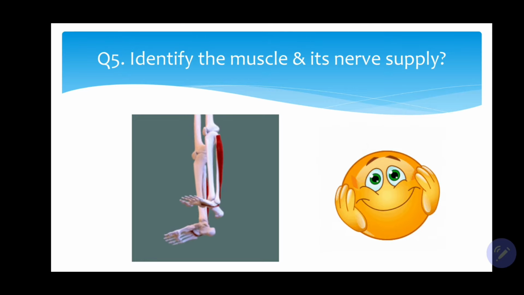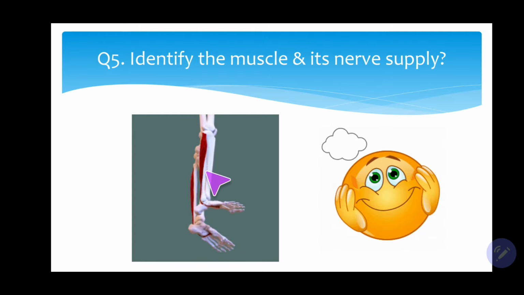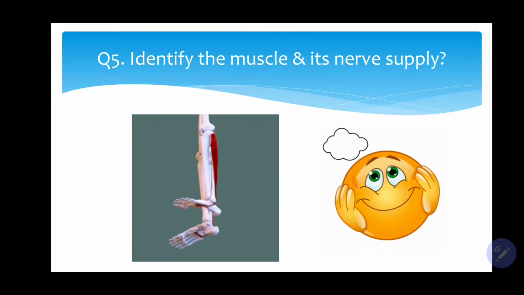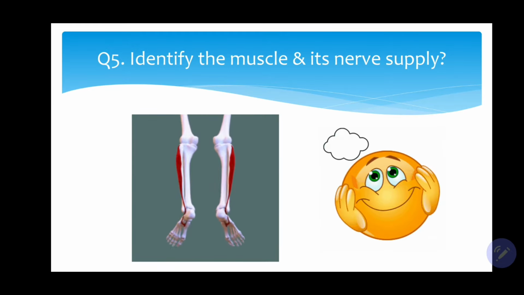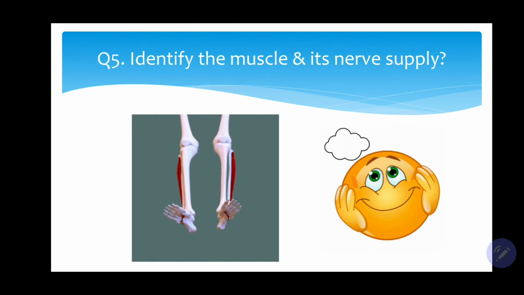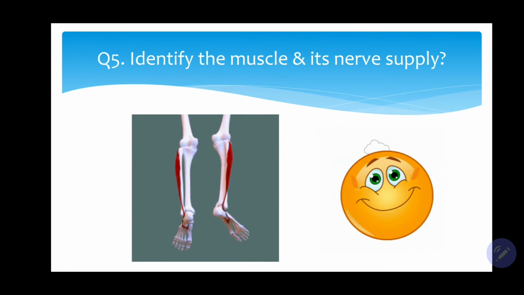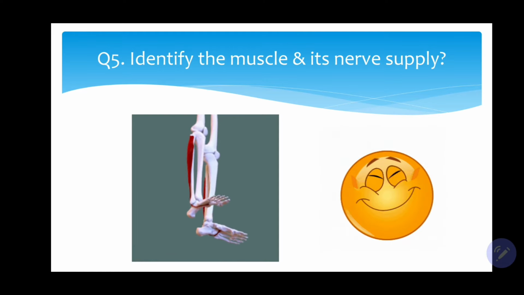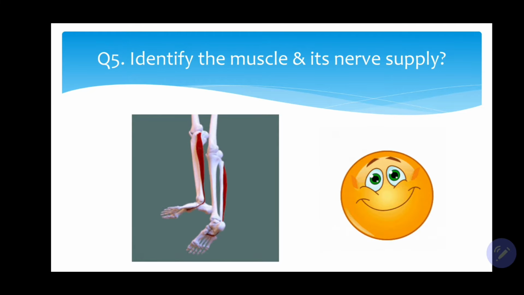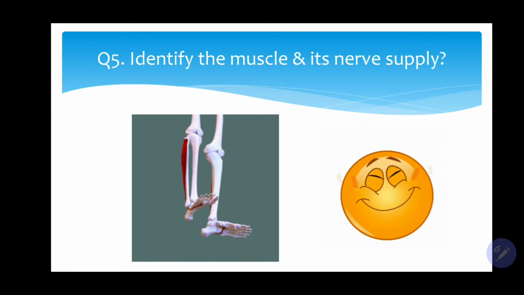Now this muscle is Peroneus Longus. It's the muscle of the lateral compartment of the leg, and it takes origin from the upper 1/3 of the lateral aspect of the fibula between the anterior and posterior intermuscular septum. There is compartmentalization of the leg, so this lateral compartment is bounded anteriorly and posteriorly by the anterior and posterior intermuscular septum. So it takes origin from the upper 1/3 of the shaft of the fibula on the lateral surface,